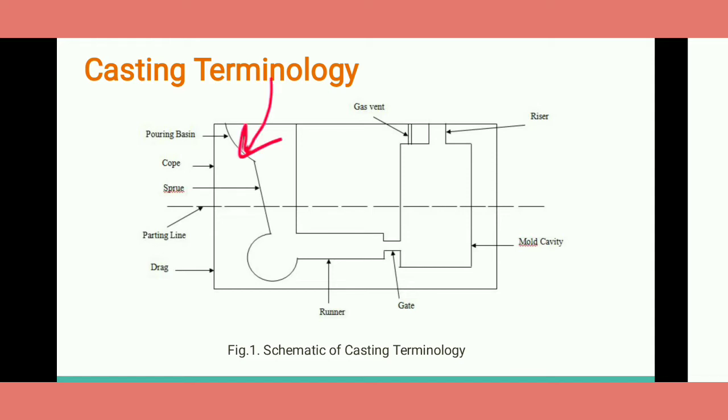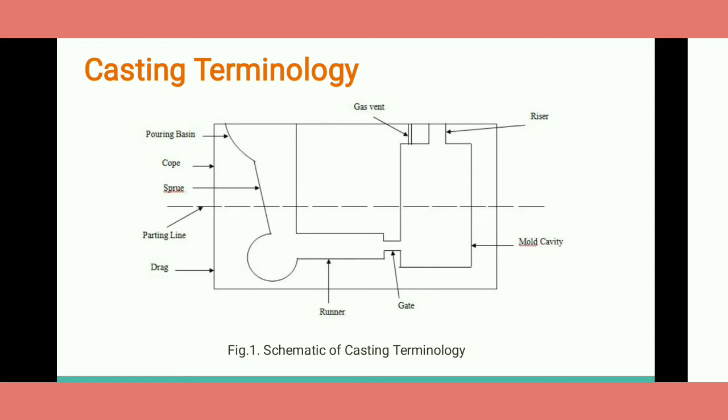Next, from the starting of the molten material's path through which we will fill this mold cavity, there is a pouring basin in the beginning. Why we provide this curvature in the pouring basin, we'll discuss once these elements are completed. So first there is a pouring basin. Next to it there is a sprue. This sprue is always tapered in form. It is not a vertical passage.